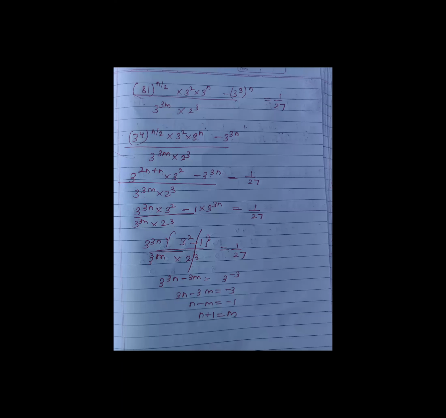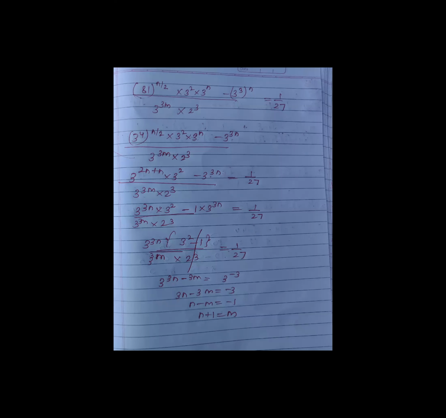From the numerator, I have taken 3 to the power of 3n common. So in the bracket, it will become 3 square minus 1. What is 3 square minus 1? See the solution, don't just talk in the air. Take a look at the solution once. 3 square minus 1 is 8. Below there is 2 cube, which is also 8. So 8 upon 8 will cancel. Now the question left is 3 to the power of 3n upon 3 to the power of 3m. This is equal to 1 upon 27.